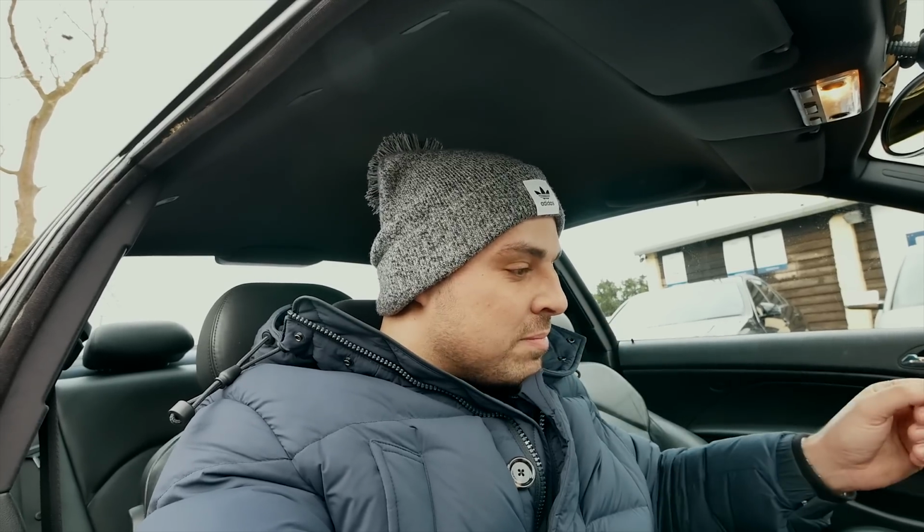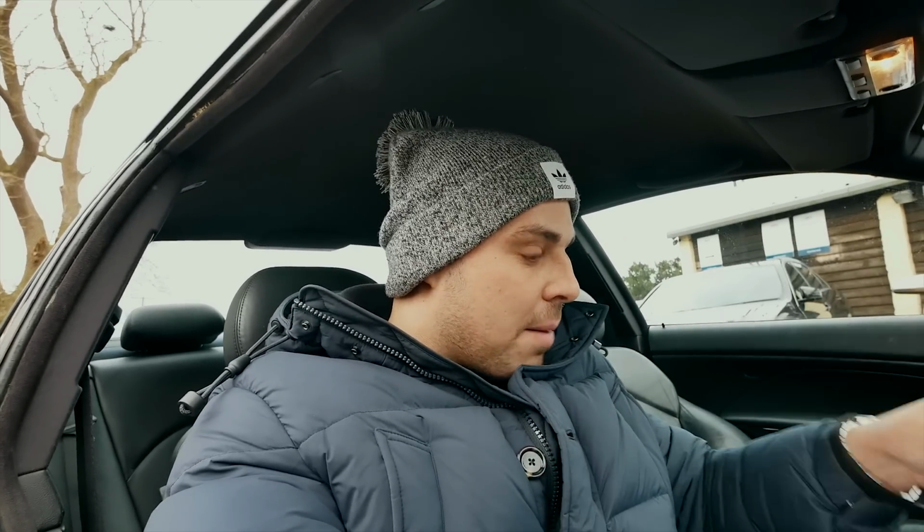So let me just quickly slot something in here. When I got the call for this car, I wasn't keen to buy it, if I'm honest with you. I thought, 146,000 miles, SMG gearbox, although I am quite keen to buy an SMG gearbox car because I want to prove a bit of a point today with this gearbox. I wasn't keen on it, and the guy was like, trust me mate, this is a proper nice car. And by the way, the guy who follows me on YouTube, he's definitely going to watch this video, so shout out to him. But moving on to the list,